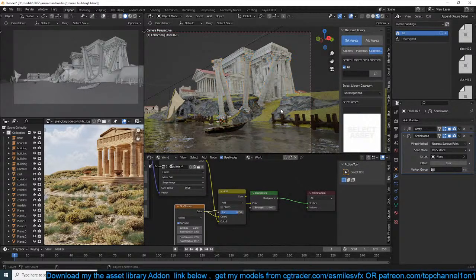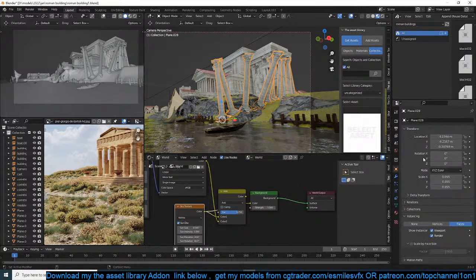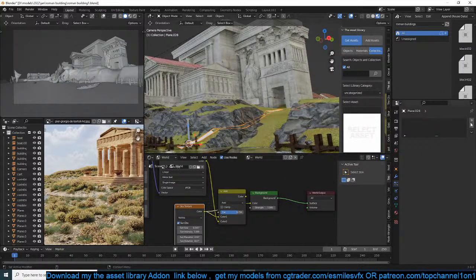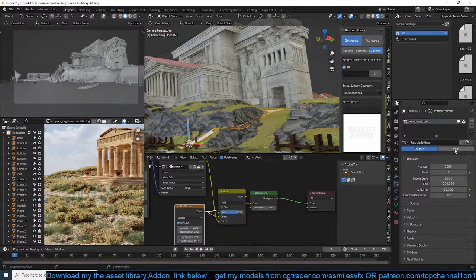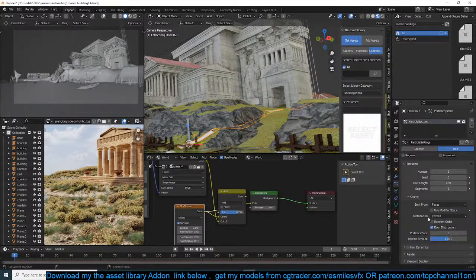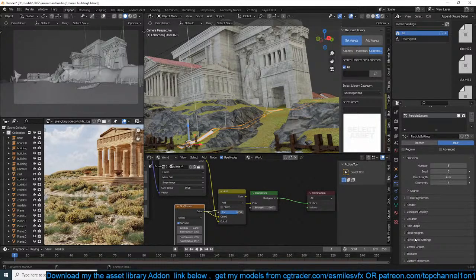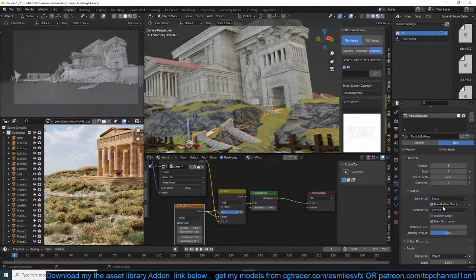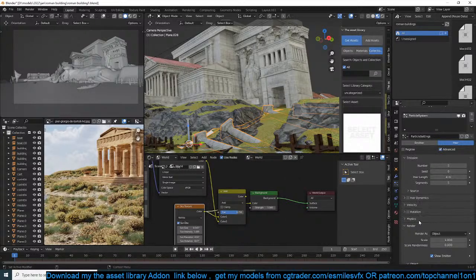Just want to add some columns, but I want them to be facing up directly. So instead of using instances, let's just use a particle system. Here, particle system with just about 5 instances, sources, faces, no random order. Use modifier stack, and the render should be an object of the column, and the rotation, if we turn on advanced, the rotation should be